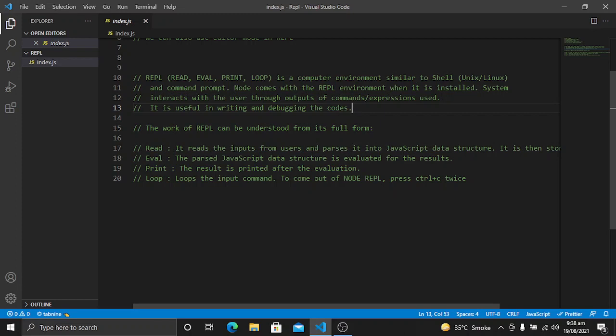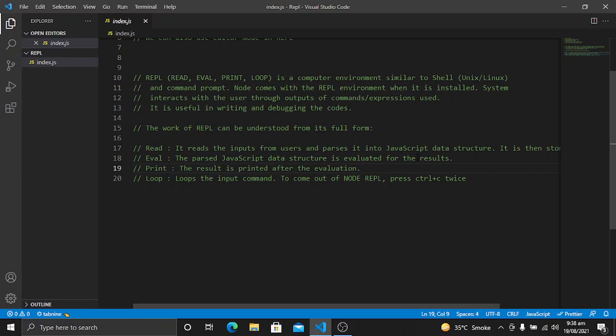And what does eval do? The parsed JavaScript data structure is evaluated for the results. So the data structure that has been parsed by read, it evaluates for the results. And the third step is print. The result is printed after evaluation. So in this step, the result that we have got after evaluation, we print it.